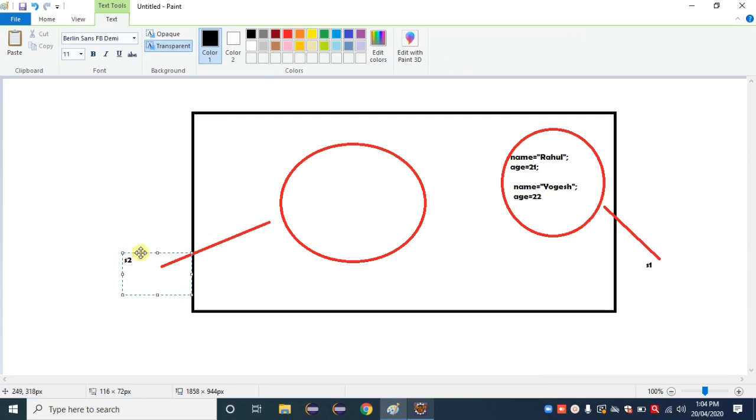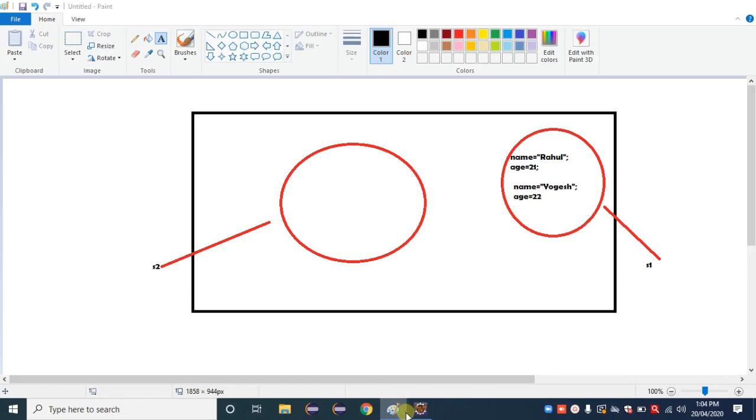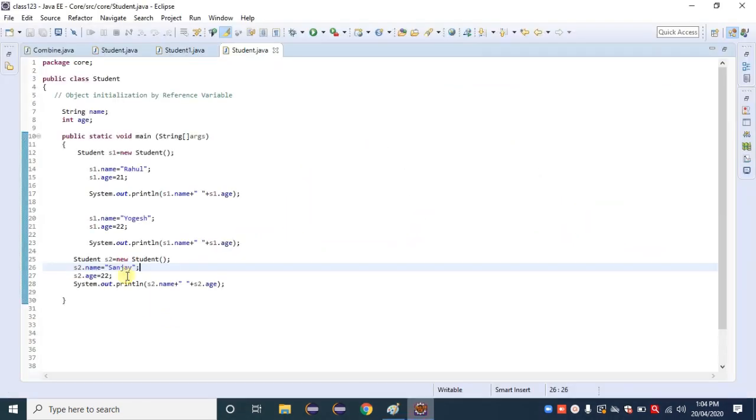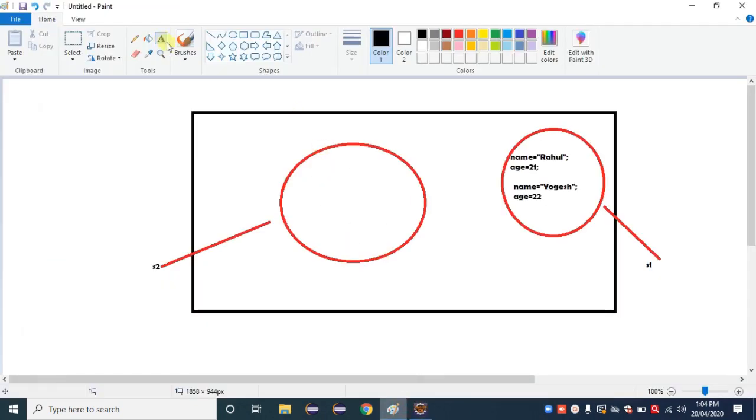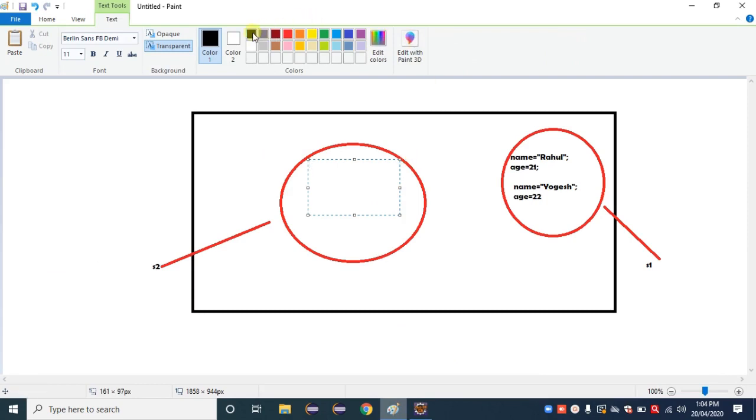Inside that we initialize the values: name is equal to "Sanjay" and age is equal to 22 or 23, whatever the value.